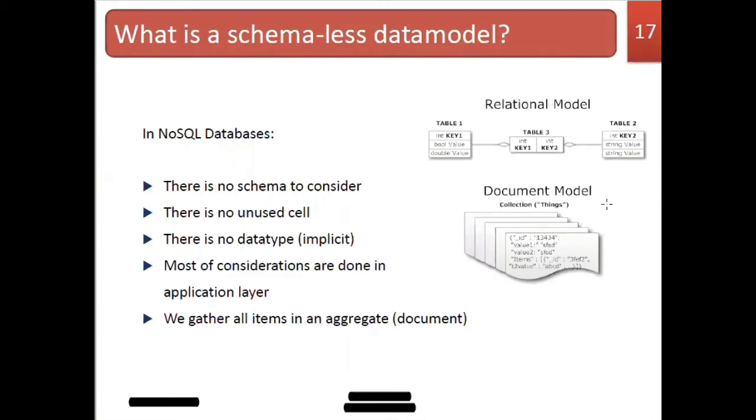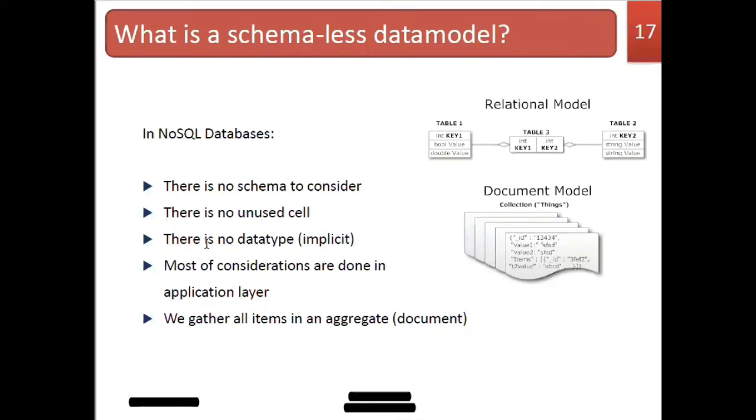You can see here a simple example diagram is given. The relational model has table 1, table 2, and table 3, and these tables are given by key and values, which is nothing but the columns. Okay, so as you are writing your table, the same thing is represented in the document model. Okay, in the document model, there is no such table format, right? So everything will be saved in some kind of special structure, right?